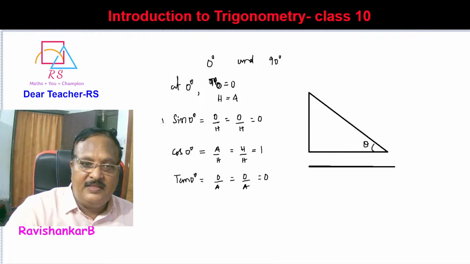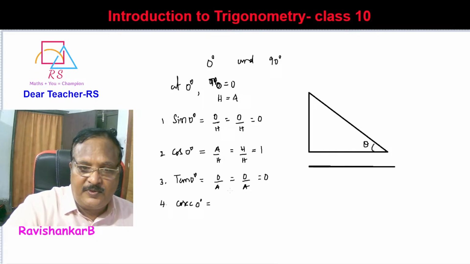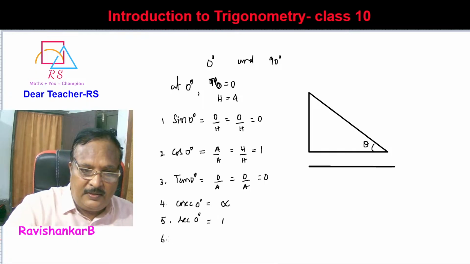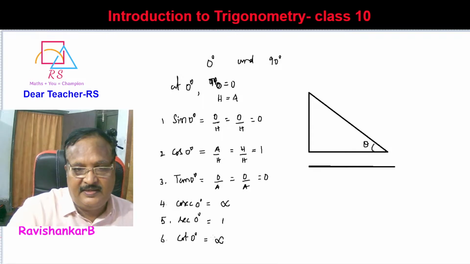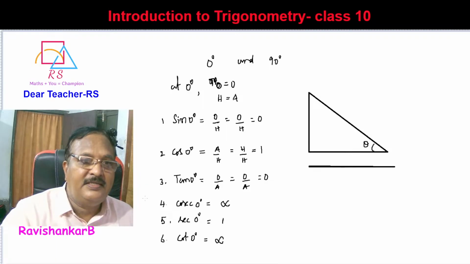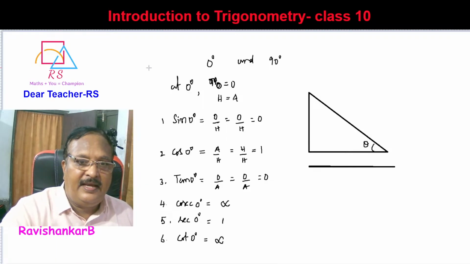Now we have got all three ratios, and automatically you will get the reciprocals. The reciprocal of sine is cosecant 0 degrees. The reciprocal of 0 is not defined, so we will write infinity. Cos 0 has the reciprocal secant 0, which is the reciprocal of 1, nothing but 1. And cot 0 is the reciprocal of tan, and the reciprocal of 0 is not defined. So this is how you have to find 0 degrees. In the same way I will explain